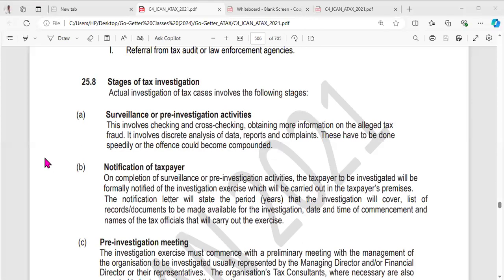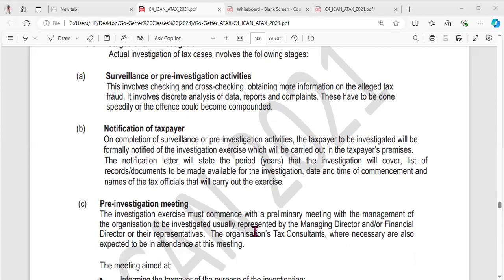So all these complaints could make a company to be investigated. Then when this has been done and the offense has been established, they will now notify the taxpayer. So on the completion of the surveillance, the pre-investigation activities is done. The taxpayers to be investigated are formally notified of the investigation exercise, which will now be carried on in the taxpayers' premises. The notification letter will state the period that the investigation will cover and all the documents that will be provided